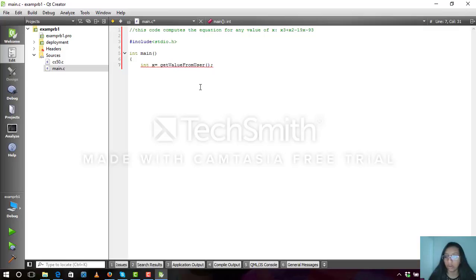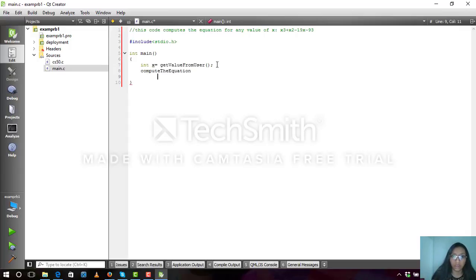So we're naming this integer x, and after that it will compute the equation. So this is another function, that is compute the equation,